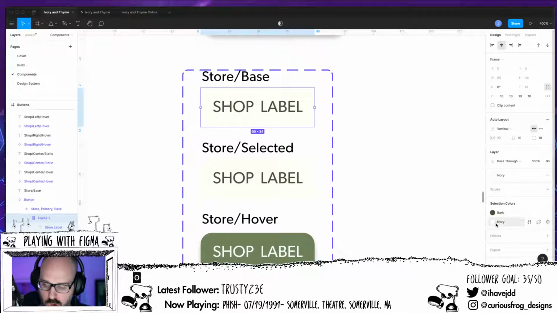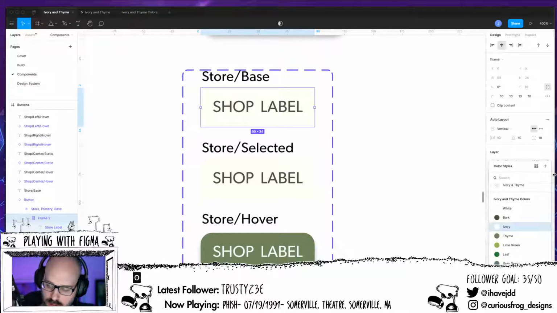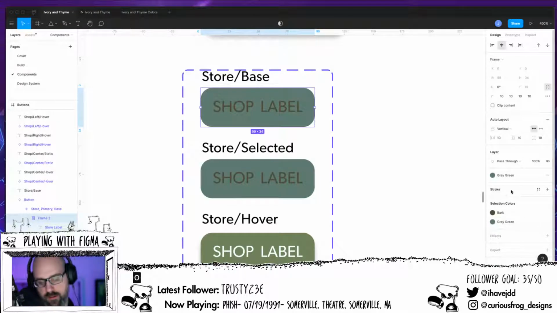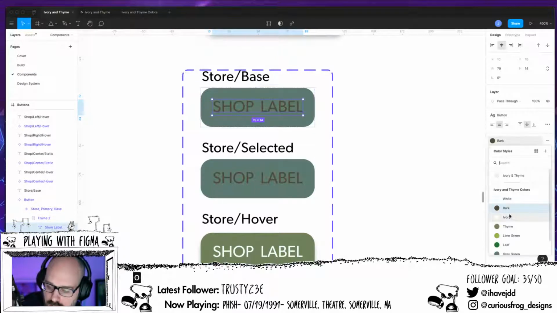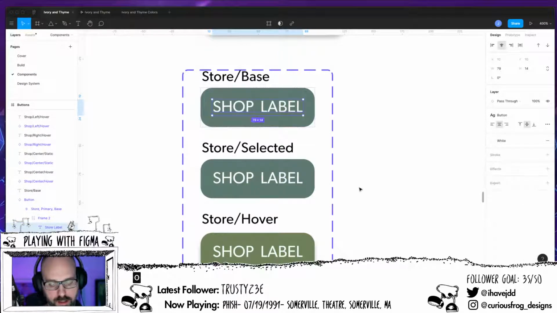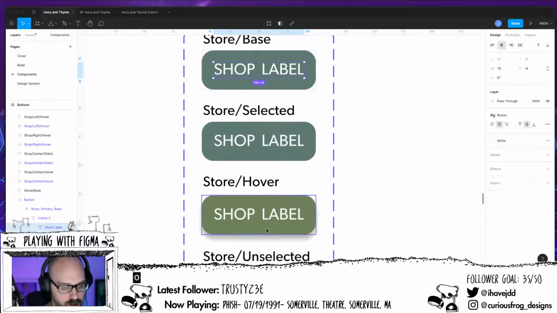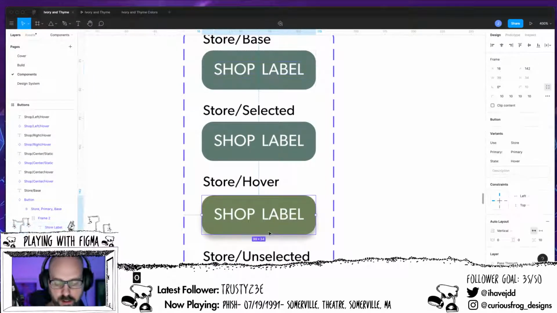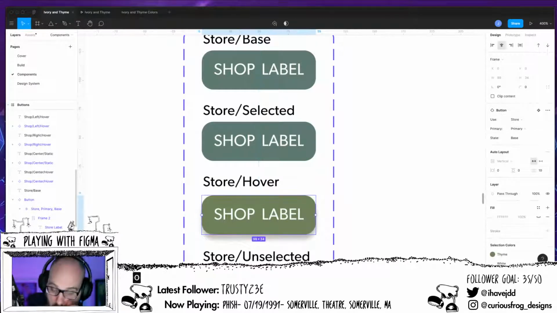So let's choose, so that we know it's selected. So we'll do, I guess, this, and we'll change this to white. And then the hover, although I do like that color, because we are changing